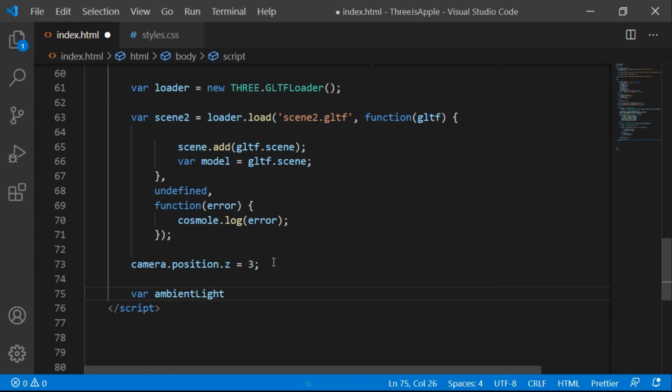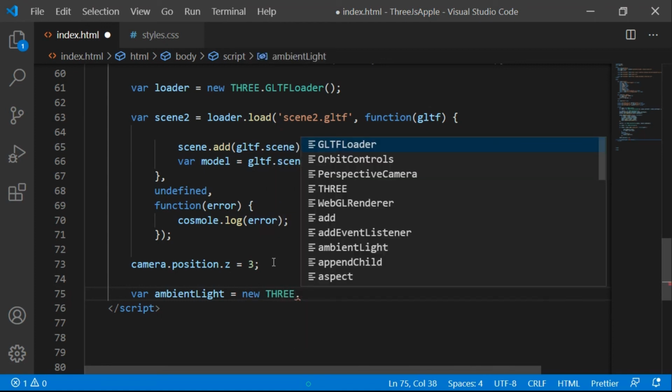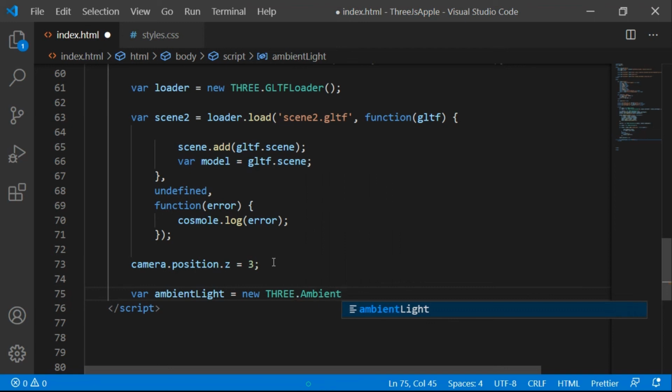And let's add a variable ambient light. Ambient light is something which is going to add lighting to our model so that the model is visible, because we obviously need some light in real life, right? And 3D is something which is completely based on real life, you can say. So THREE.AmbientLight, ambient light is a type of light.